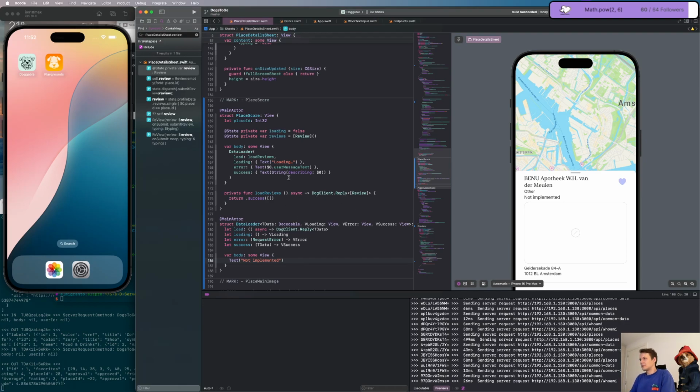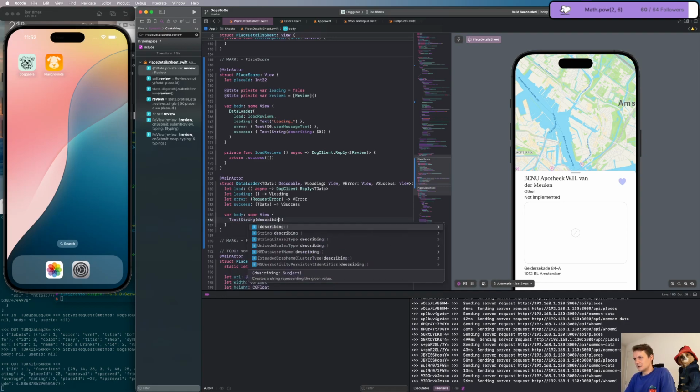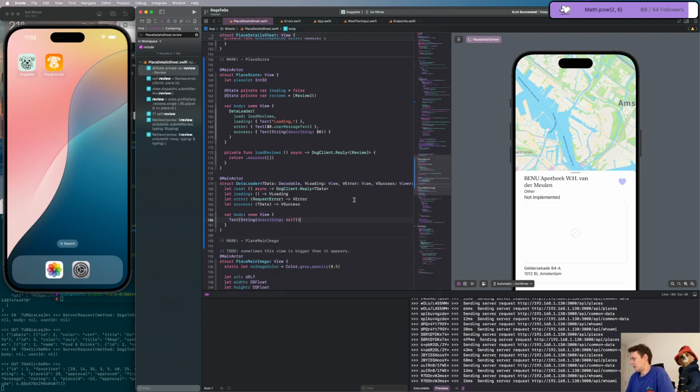Okay, perfect. So what we will do is we first put stuff here. Can we just say text with a string describing this self? I think that should just print all the states. Okay, so the logic here is